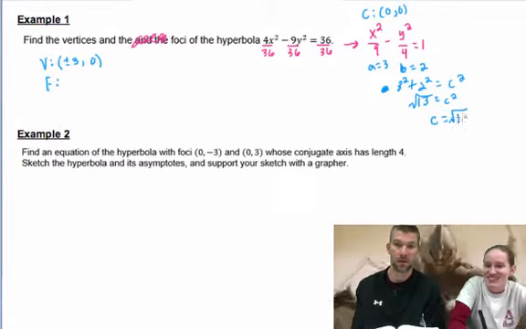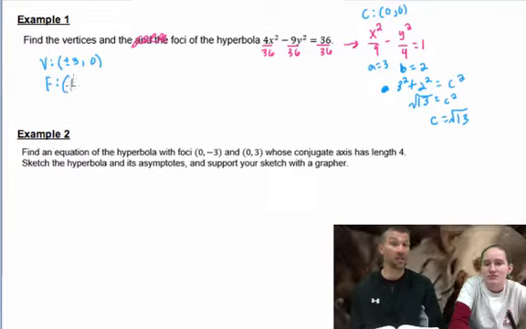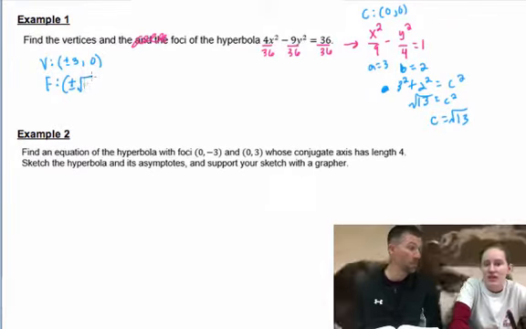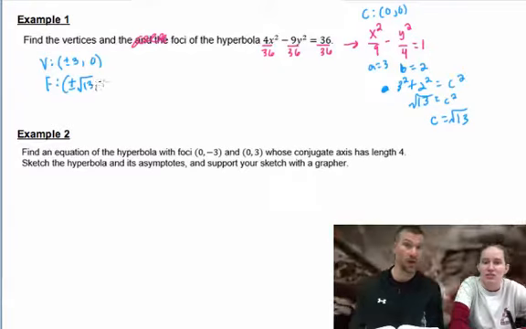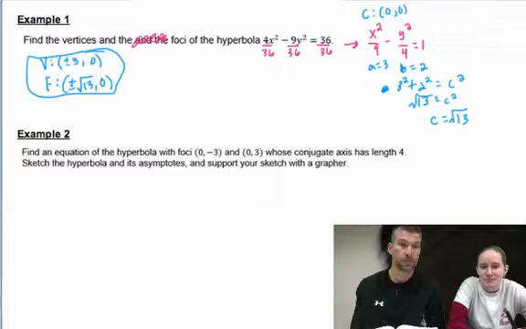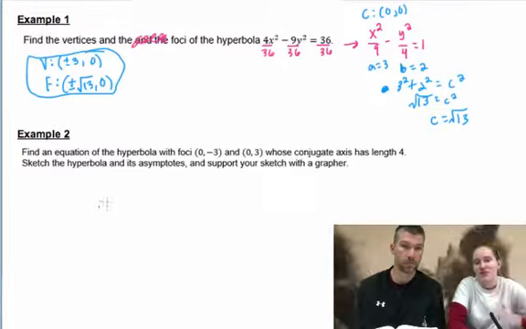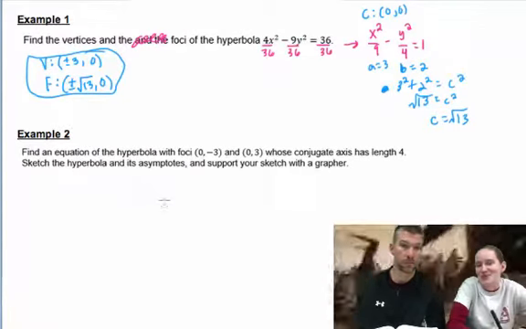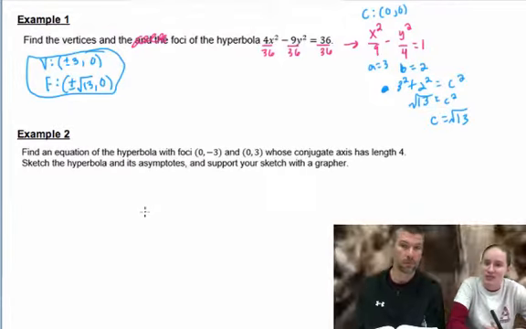C is the square root of 13. And remember, it's technically plus or minus the square root of 13. So there's our vertices and our foci. All right, next, find an equation of the hyperbola with foci 0, negative 3, and 0, positive 3, whose